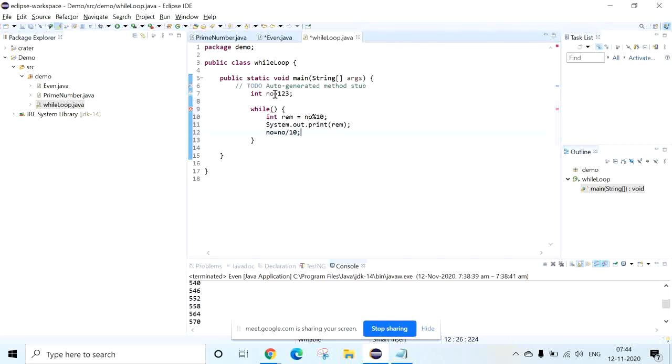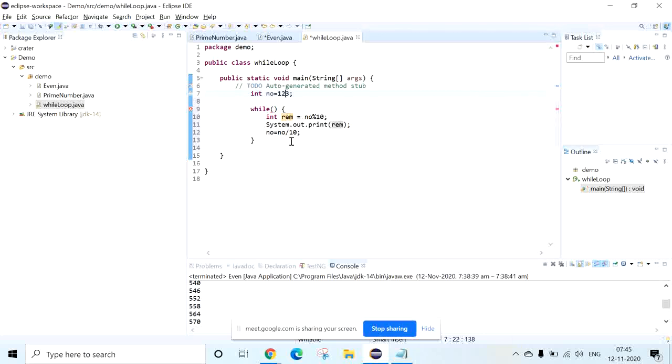We have declared the number as integer. When you say 123 modulus 10, you will get 3, and you are printing 3 over here. Then number equal to number divided by 10 gives 12.3, but when the declared variable is integer, it will take only 12.